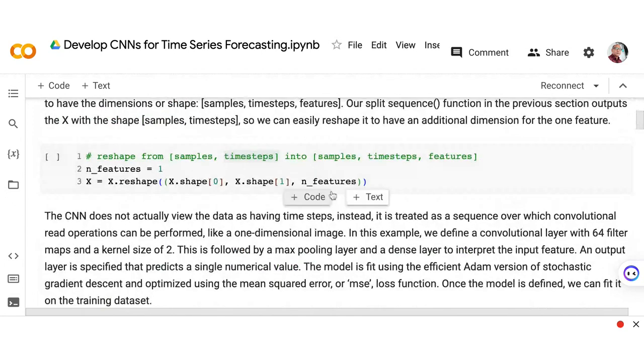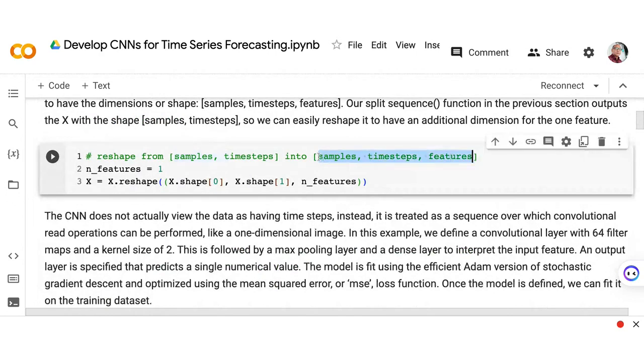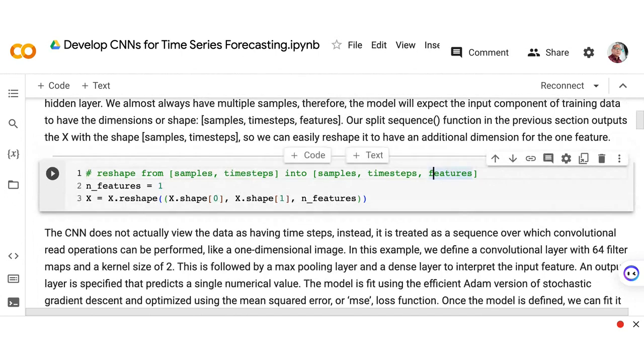into the following shape, which means we will not only be concerned about the samples and the time steps. You will notice that in a convolutional neural network, we need another argument for the shape of our input.